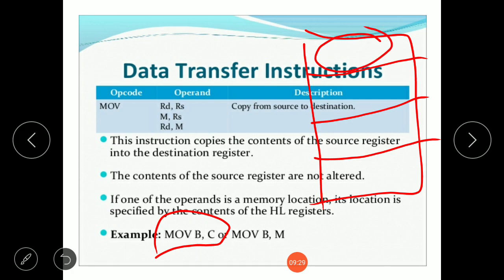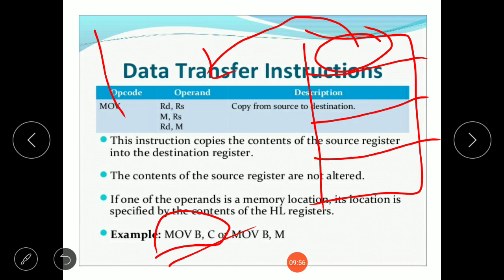It will occupy only one memory location, where the opcode of this instruction will get stored. During execution, the microprocessor will first fetch the opcode. So the first machine cycle will be used for fetching the opcode,